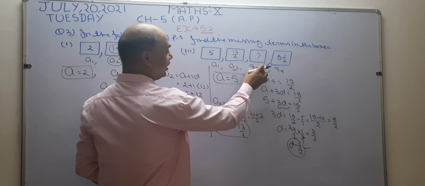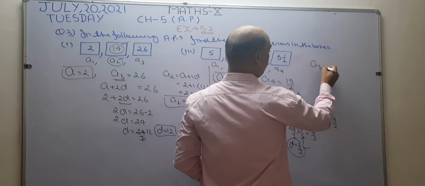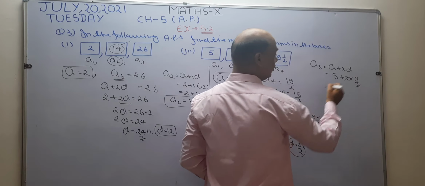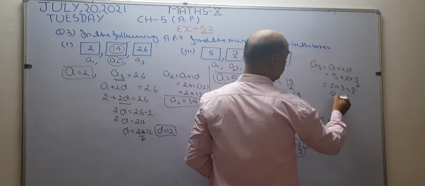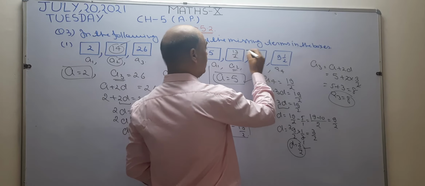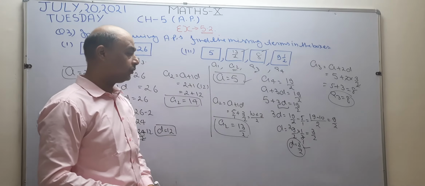After that I am going to check its third term. For finding the third term, I write here the formula. For finding the third term, the formula is A plus 2D. So what is the value of A given? 5. Write here 5. Plus 2. What is the value of D? The value of D is 3 by 2. Write here 3 by 2. Again 2 is cancelled with 2. Now what is left? 5 plus 3. 5 plus 3 is 8. So the third term of the given AP is 8. So you have to write here 8. So this is the missing term of the given AP. I hope it is clear to all. Okay.